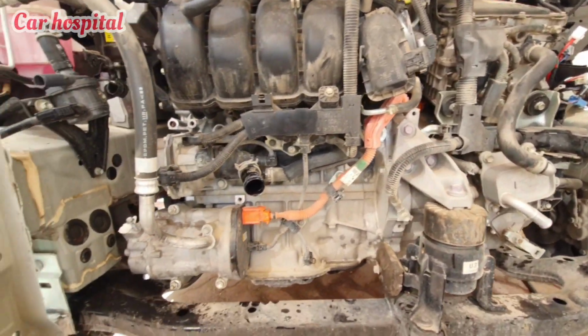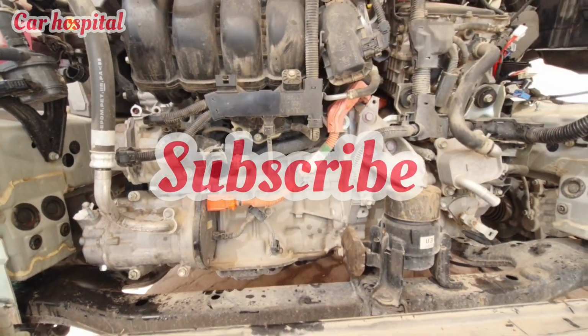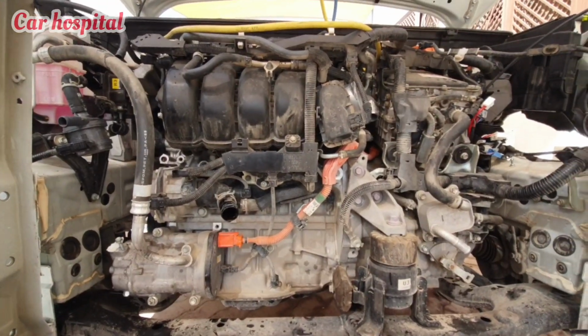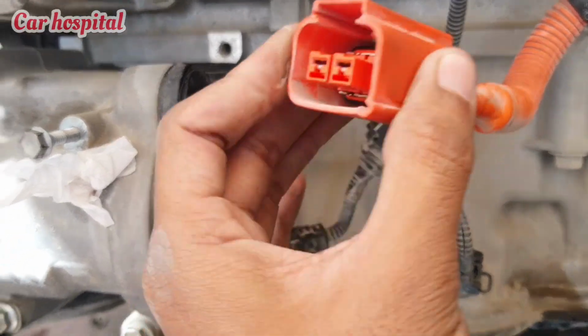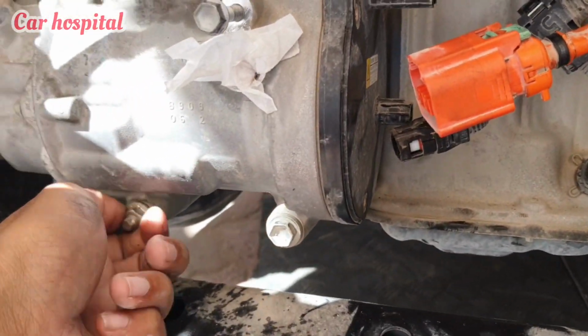Okay, see, I already removed the condenser and everything, and removed those wires. Okay, and then